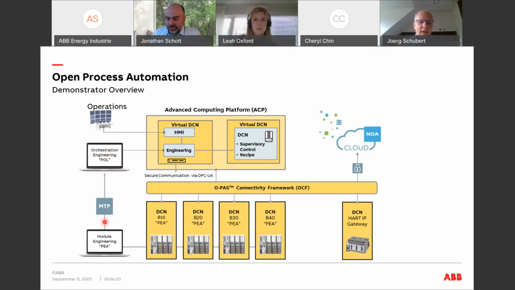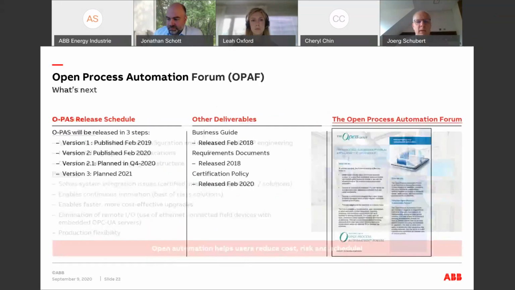So again, this was ABB in this pilot combining two things. Moving forward, Jonathan was outlining where we are going so that an engineering portability shall also be addressed in the future and on the open process automation side. Here, we are taking a shortcut by trying to push the needle with this modular automation approach. And I have to say, it was quite impressive to see how good it worked, even with third-party PLCs and handling that in a flexible arrangement where modifications to the plant automation was possible at any time.